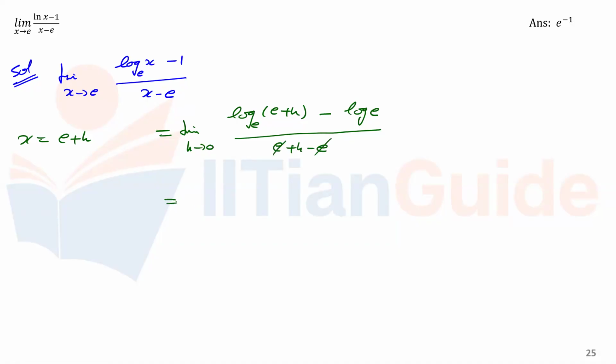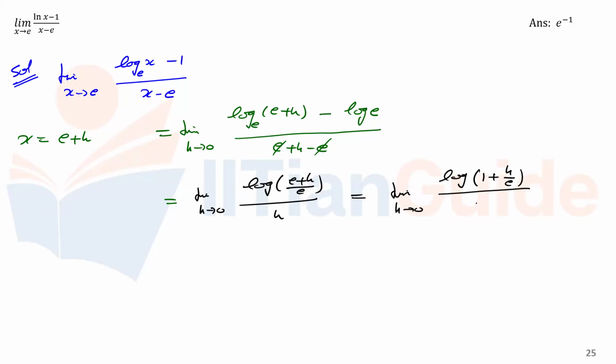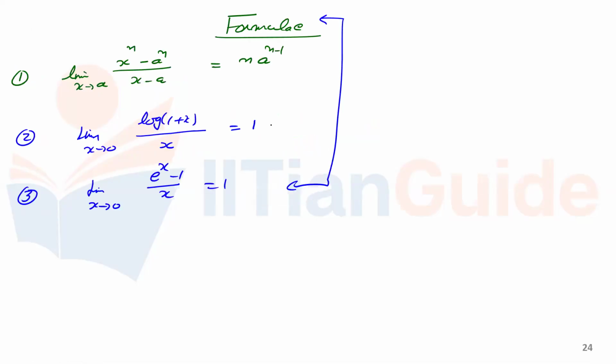Now, in the numerator, I have got log m minus log n. That is log m by n. So limits h tending to 0, I am getting log of (e plus h) by e, divided by h. Or I can write that is limits h tending to 0 log, here I am getting 1 plus h by e, divided by h. So I have got the formula that is log of 1 plus x by x,